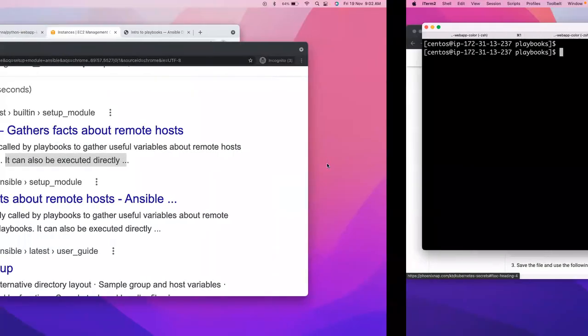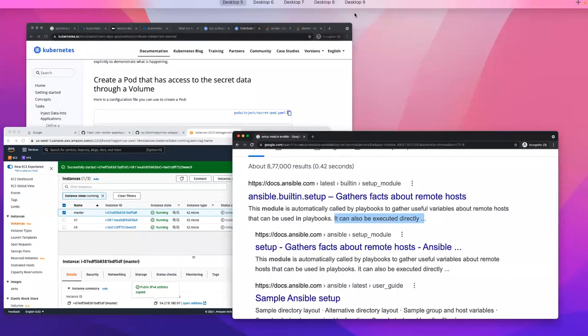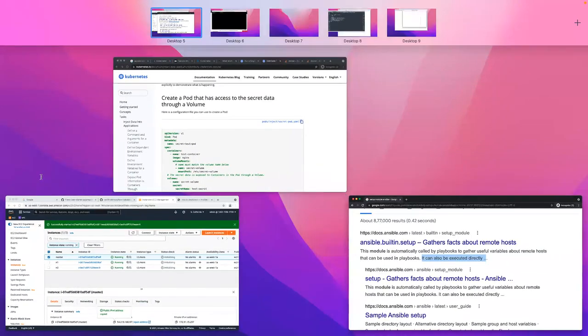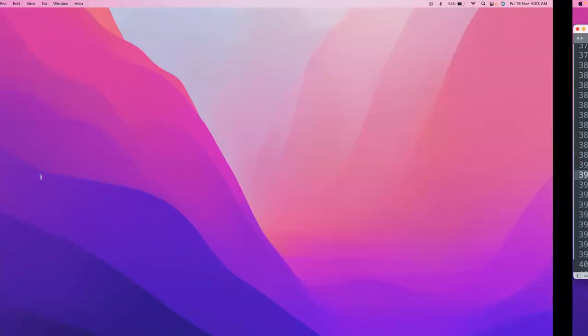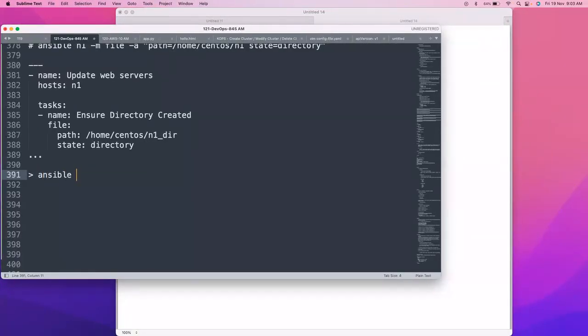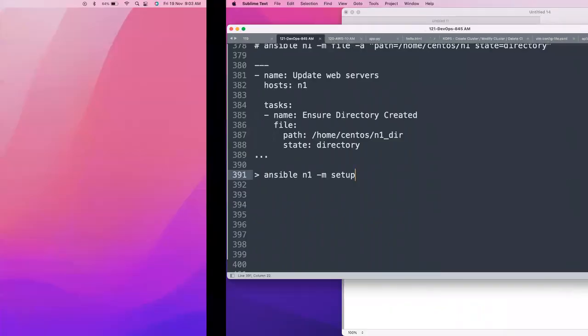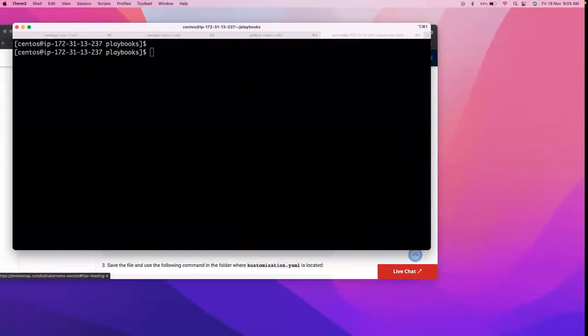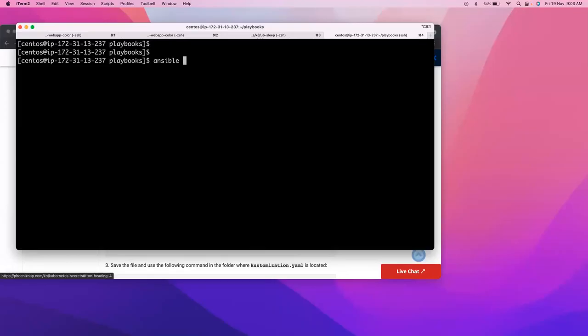This is how you need to call the module, guys. Ansible, first I'll say N1, hyphen m setup module. This one also does not require any kind of arguments. It's just picking up the information, right? Okay, now let me go ahead and execute this. ansible N1 machine -m setup. It gives me lots of information. Once I hit enter,